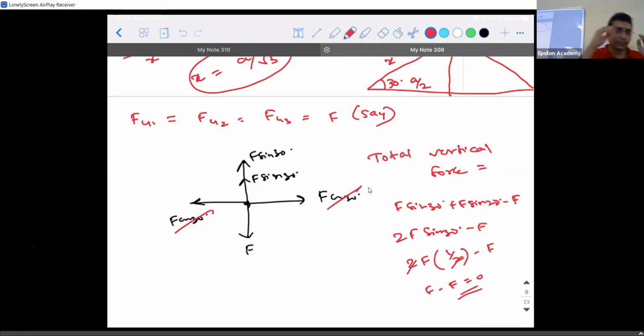Sometimes what they can do is, they'll give you a question like this. There are three charges placed at the vertices of an equilateral triangle. There is a charge of 2q which is placed at the centroid. The net force is 0. What would be the net force if the charge at the centroid is changed to 3q? It is still 0. If it is changed to 4q, still 0. Because it is independent of whatever charge is placed at the center, as long as the charges at the vertices are of the same type and the same nature.